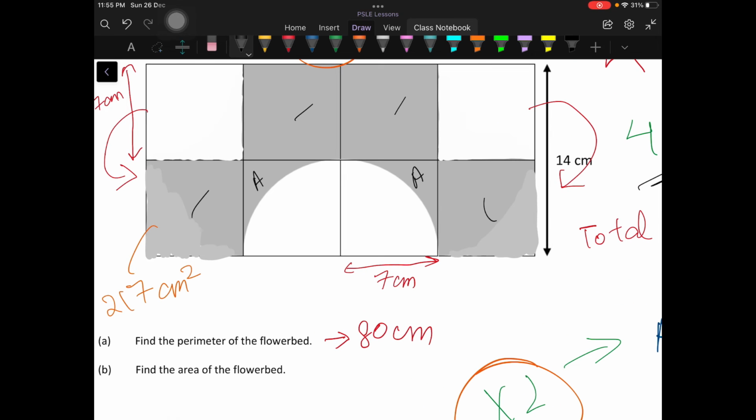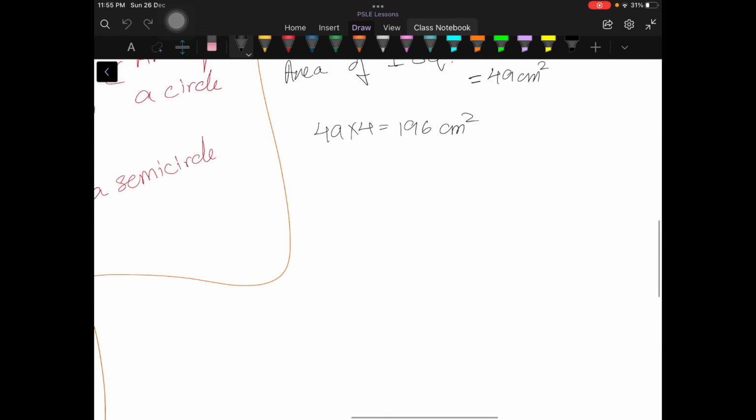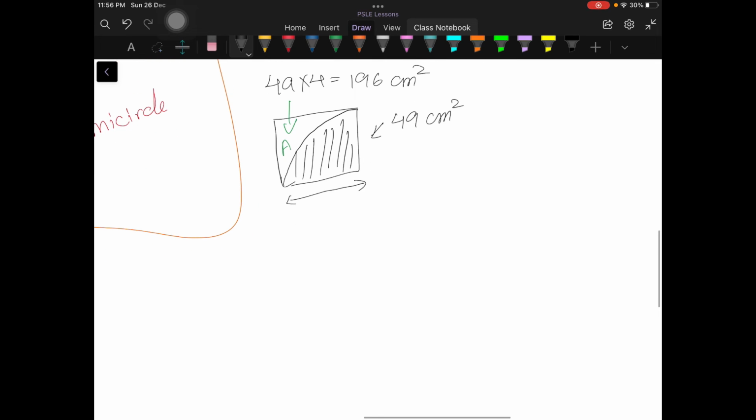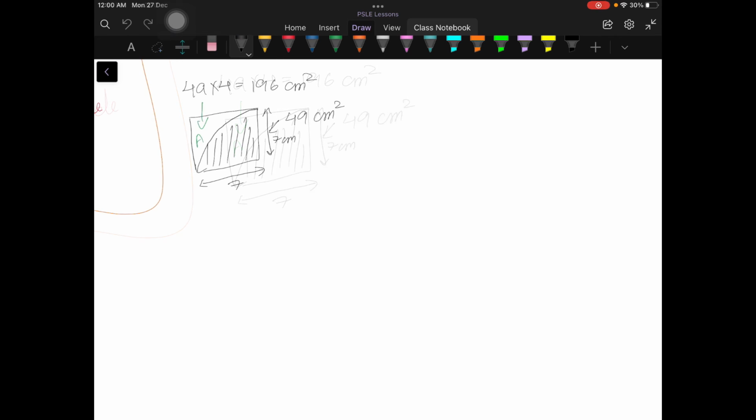So now we have to find the area of figure A. So how we do that is we find the area of 1 square, which is 49 square centimeters. We get the area of this quadrant, and then we subtract it from the area of the square to obtain this region over here, which we have called A. So the area of the square as found over here is 49 square centimeters, and the side of the square is 7 centimeters. So now, since both sides of the quadrant, not the arc, the straight lines of the quadrant, are 7 centimeters in length, we can say that the area